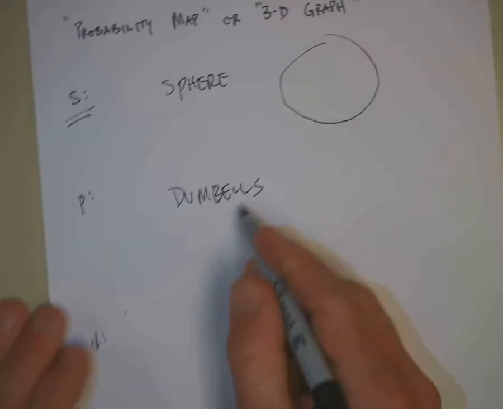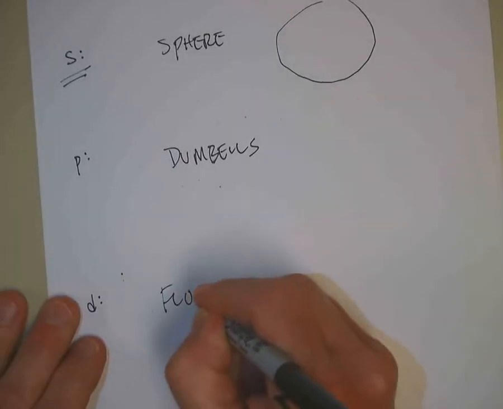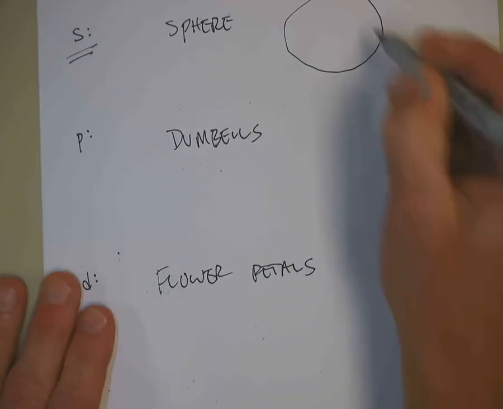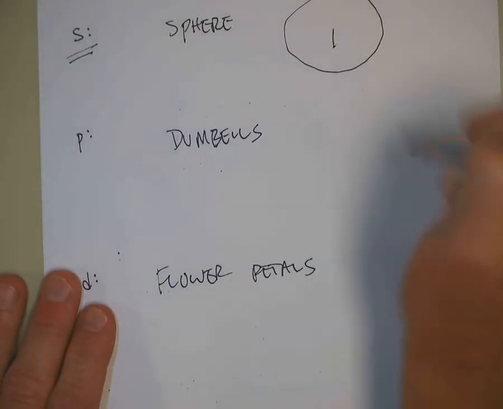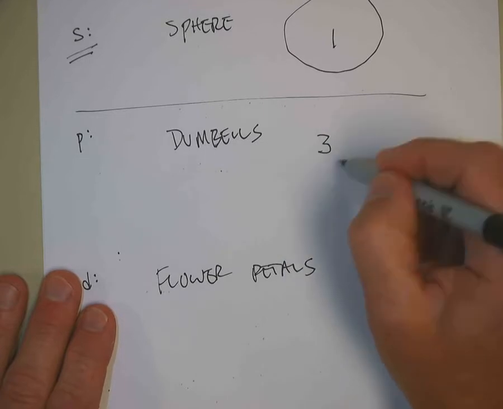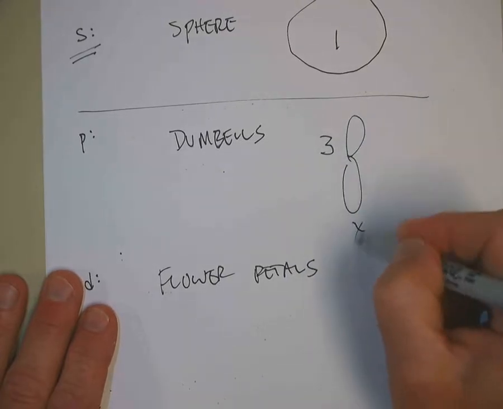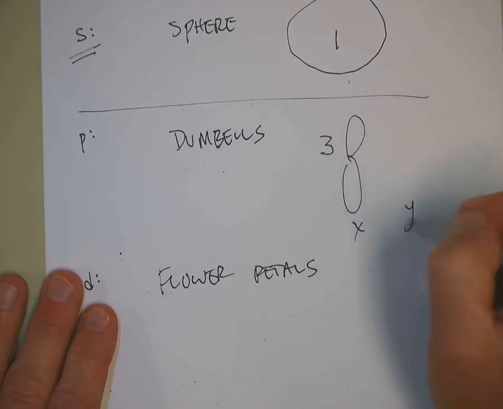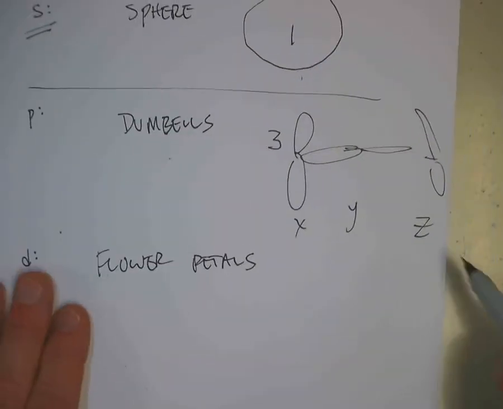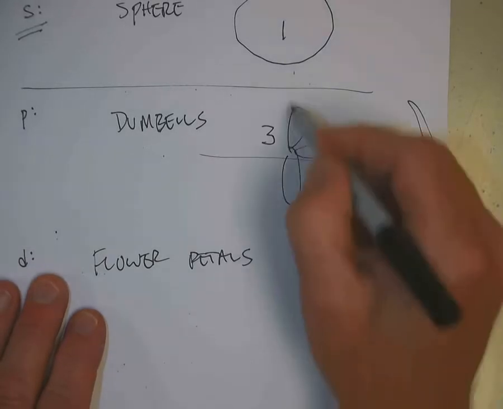So the P's are shaped like dumbbells, the D's are kind of like flower petals. And it's really important to remember that there is 1 s orbital in each what's called energy level. There are 3 of the P-shaped orbitals, 1 in the X orientation, 1 in the Y orientation, and then 1 in the Z orientation. I'm not doing a very good job of drawing 3-dimensionally there, but if you do a